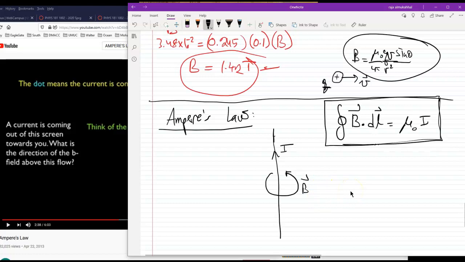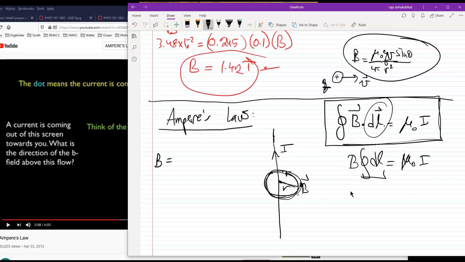So if I want to calculate the intensity of this magnetic field, what is it equal to? Let's go back to this integral. Here it says the line integral, and this is the length of the loop, which is this loop right here. Remember this is a distance. The loop has a radius r, let's say. B dot dl is basically B, if B is constant, which it is here and here, just like Gauss's law. So I can just say it is B times the integral of dl equals mu naught I. This is nothing but the circumference of the loop, which is 2 pi r. Circumference of the circle times B equals mu naught I, and therefore B is equal to mu naught I over